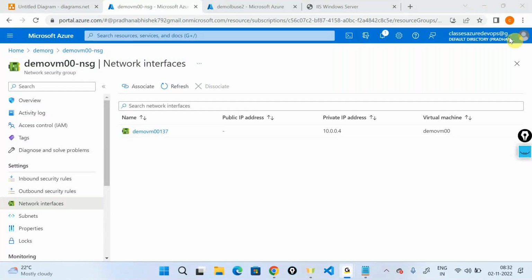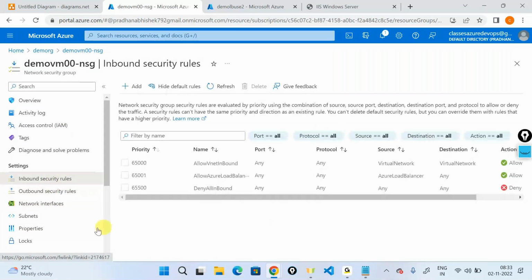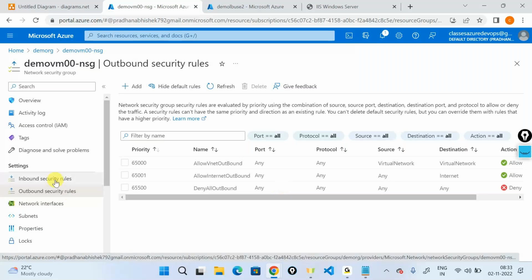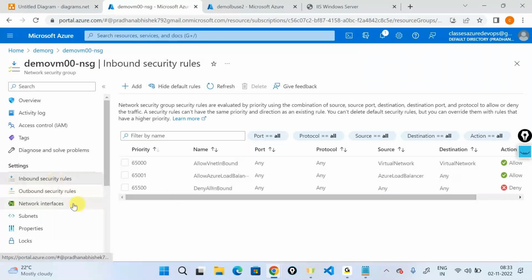Yeah, inbound rules are there, outbound rules are there, and one more thing, priority is also there. How does the priority work in inbound rules and outbound rules? If you are giving some port, say port 80, in a deny outbound rule, and